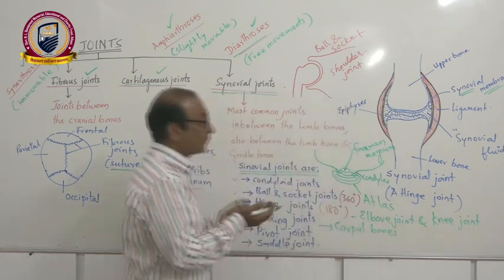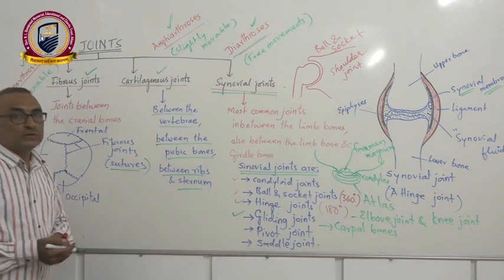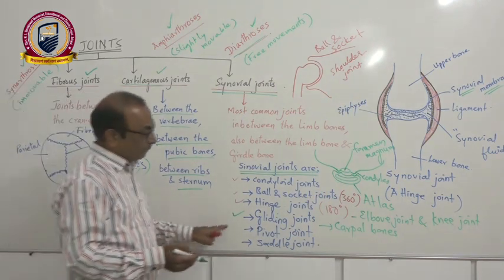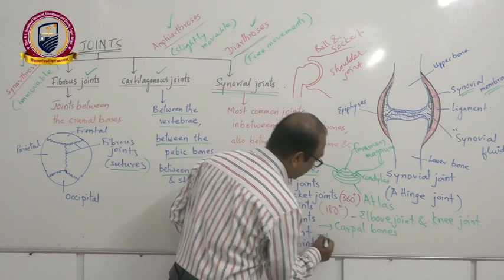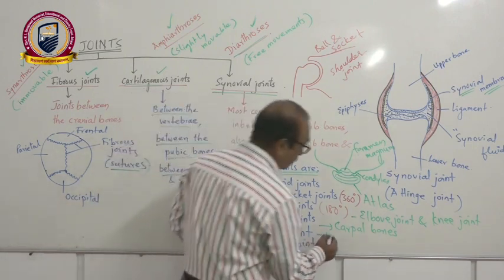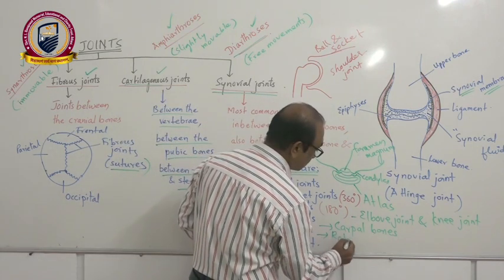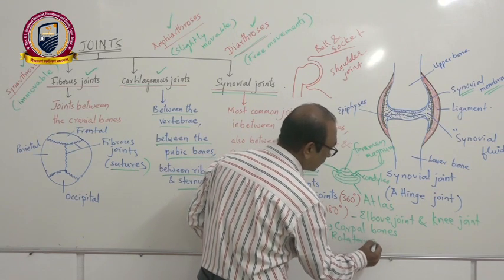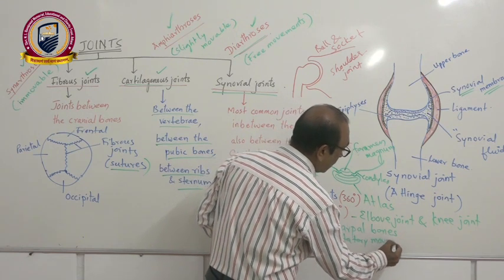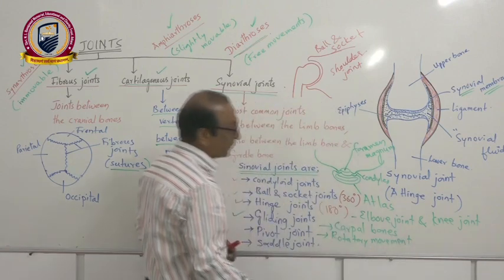And then the pivot joint. Pivot joint allows rotatory or revolving movement, and it is between the